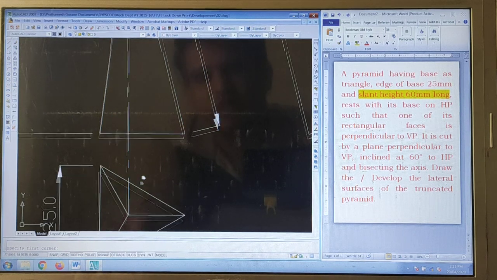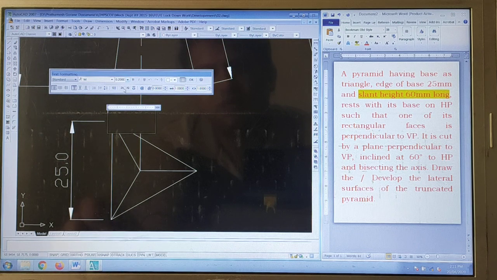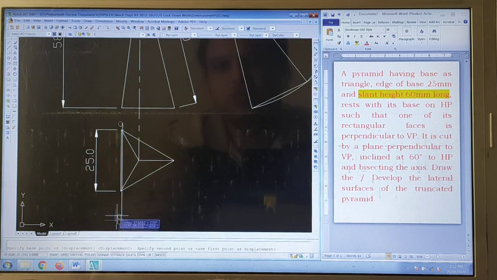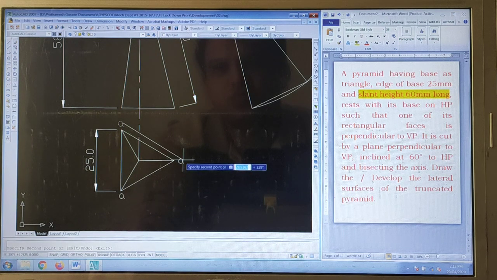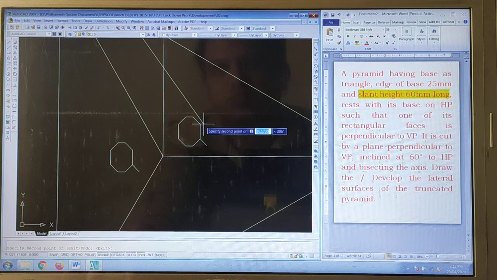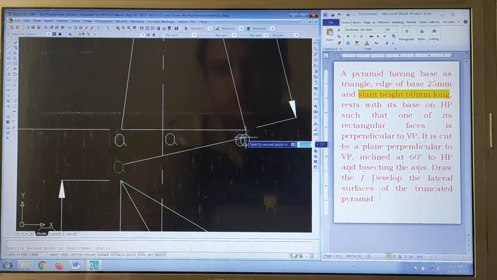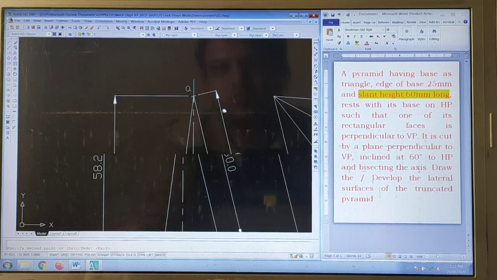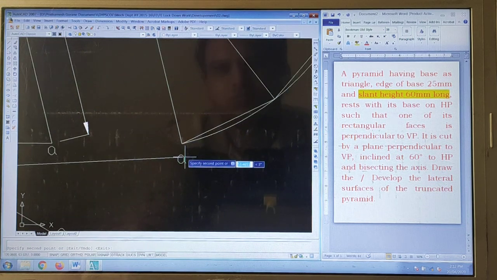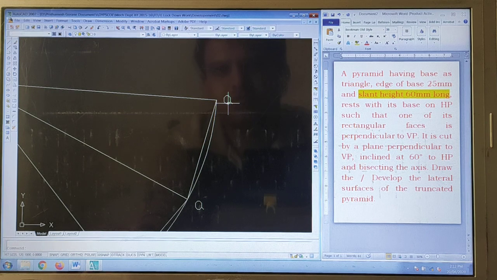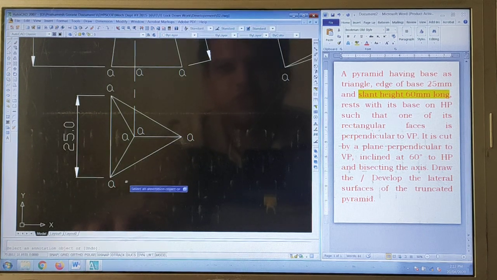So if we select text over here, and mark this particular point as A, let us move this and copy it. All the points I have marked. Now let us change the naming.